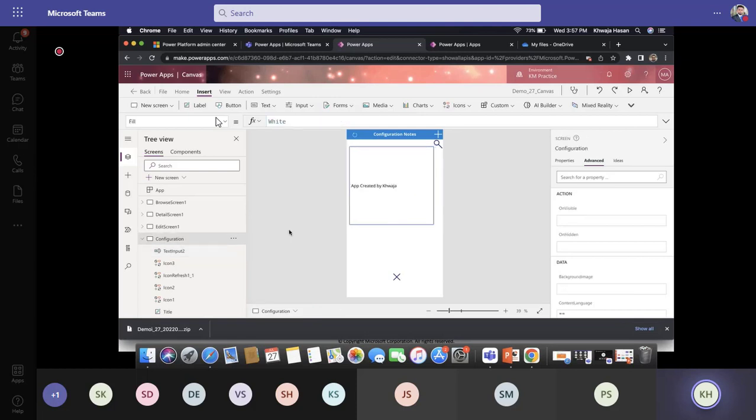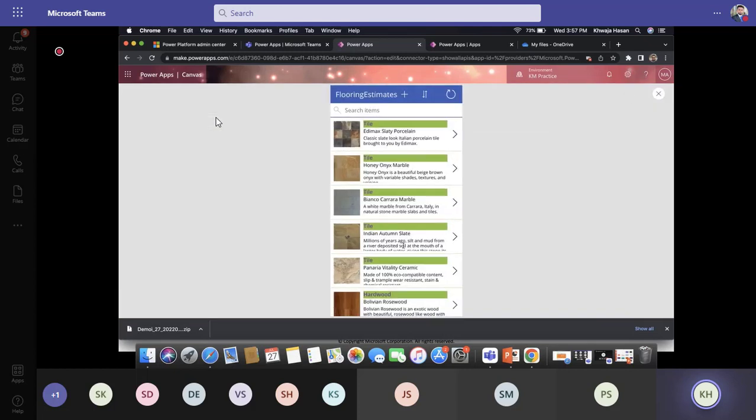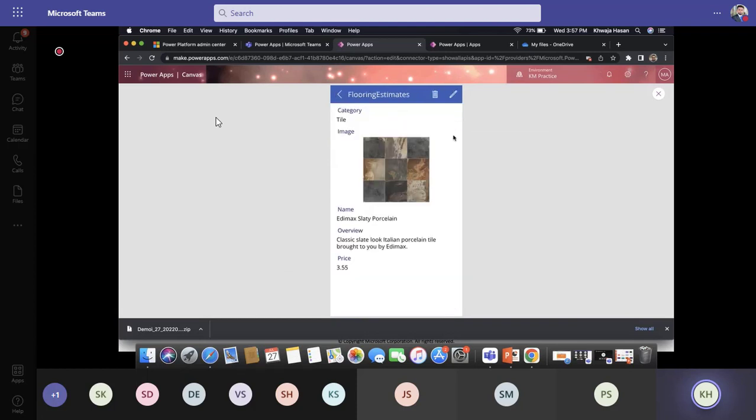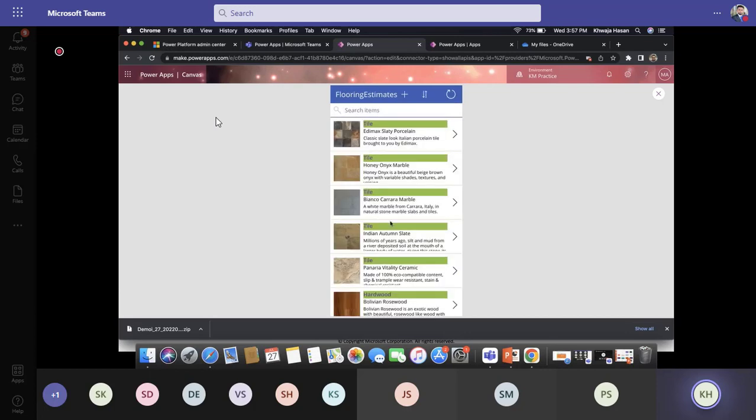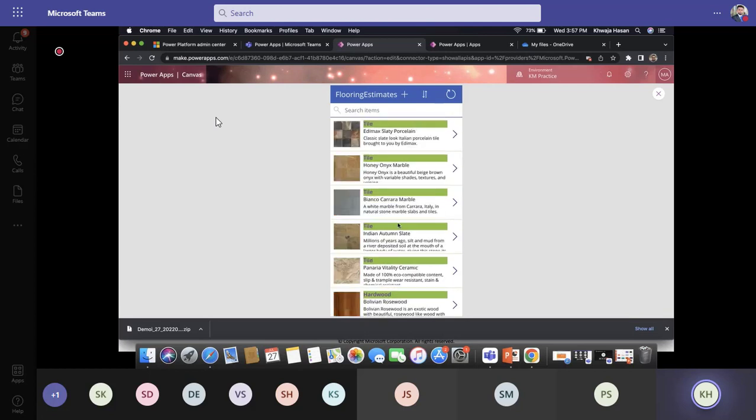So basically your developer would have access to this one. But as a normal user, if you publish this app, they will not be able to navigate to that screen. They can go from this screen to edit screen, but that fourth screen that we have created, they don't have access to it. So it's a pretty great idea, pretty great option to create screens that will help you to